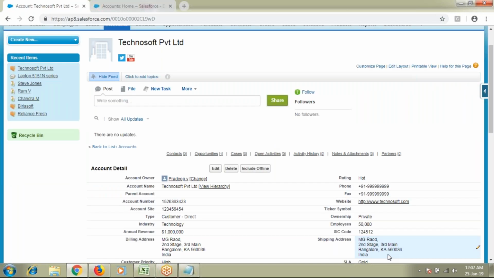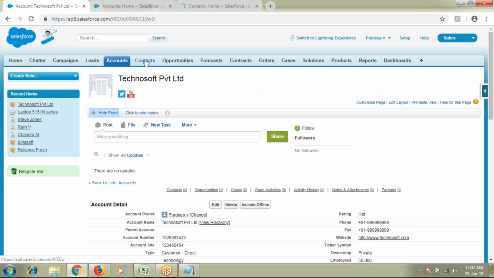Okay. The second question is, we had seen a concept called merging accounts, right? You said one example like duplicate account names, we can merge the accounts, right? Is there any other need for merging the accounts?